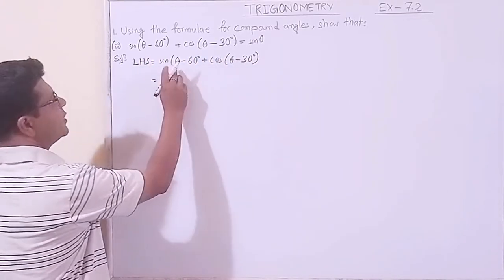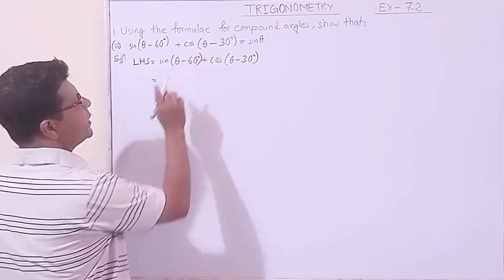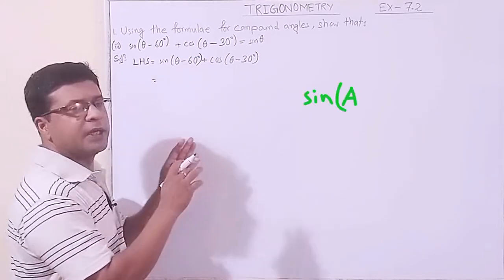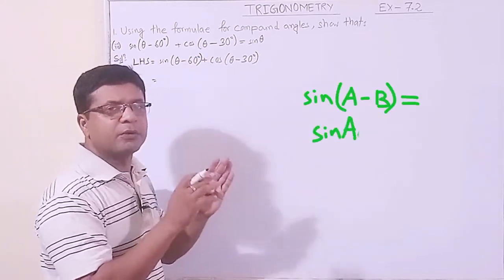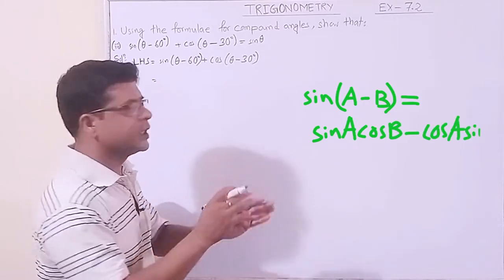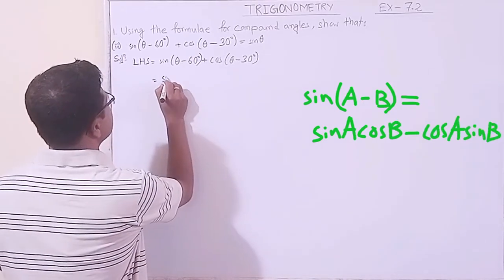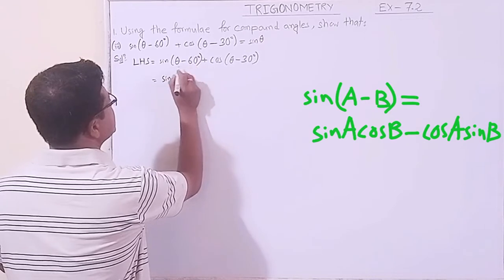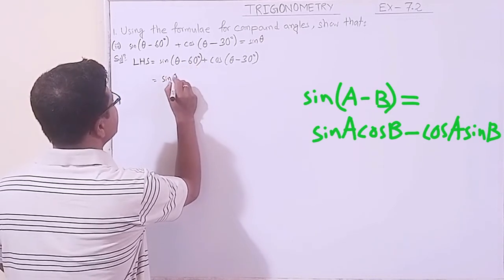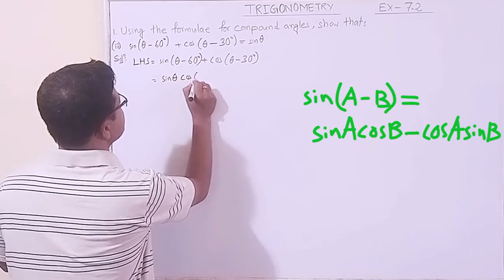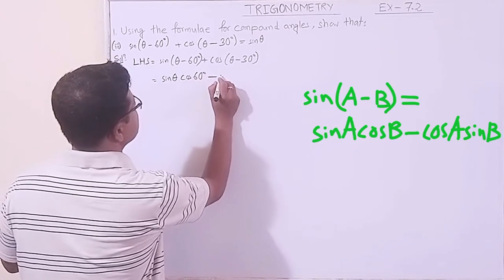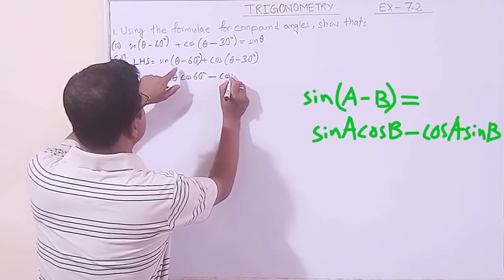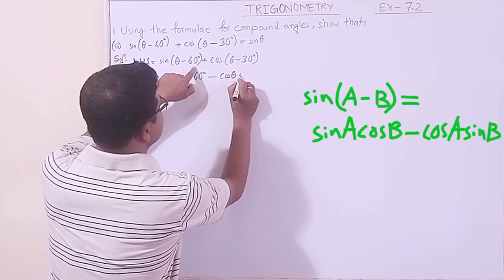Now this is of the form sin a minus b. What is sin a minus b? Sin a minus b is sin a cos b minus cos a sin b. So let us write, this is a minus b, sin of a minus b. So sin a cos b minus cos a sin b